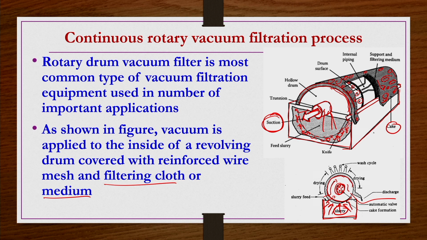Okay. When it is sucking the slurry, solids are deposited on the surface only, whereas the liquid is taken out through the suction, because of the pressure gradient that is developed. The liquid is separated through the filter medium, and solids are deposited. Because it is rotating, when this bottom portion comes up here, there is a knife that will discharge the cake like this. Okay.